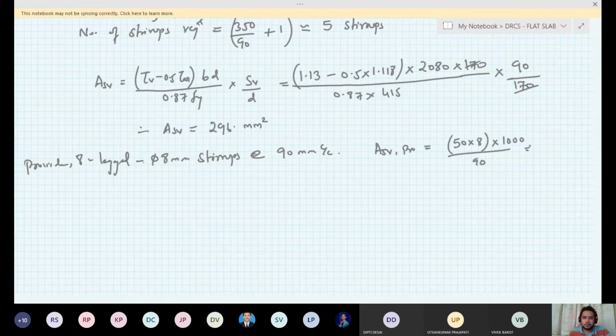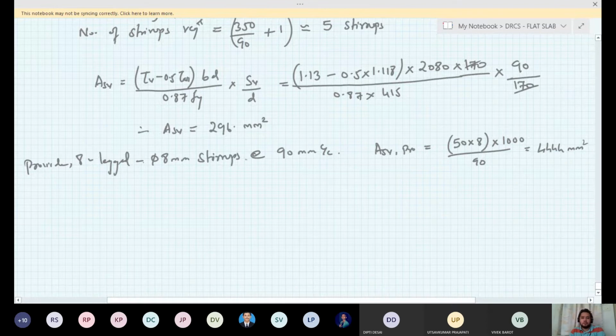It's too much. ASV divided by A into 1000. Okay, so this will be your area of shear reinforcement provided, 444 mm square